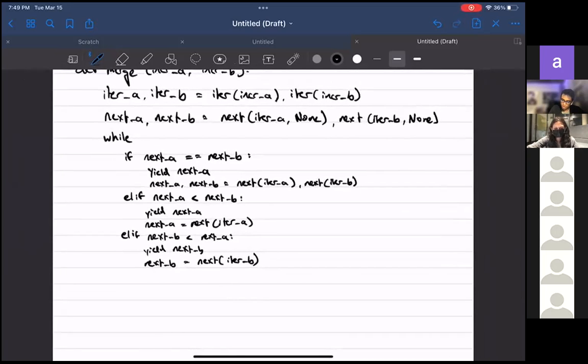And this is what we have so far. And we want to keep this going until one of the lists are empty. Because if one of them is empty, we can basically just yield from the rest of the other one. So we can just say while